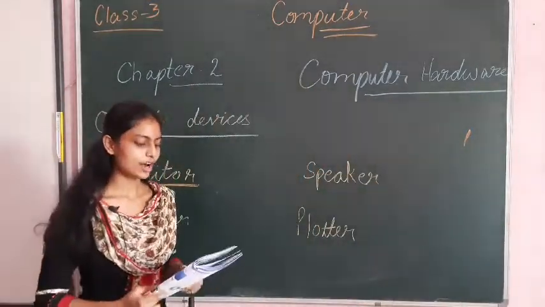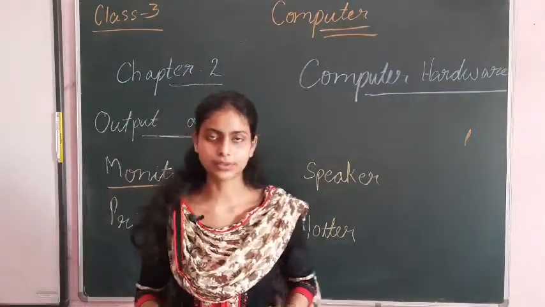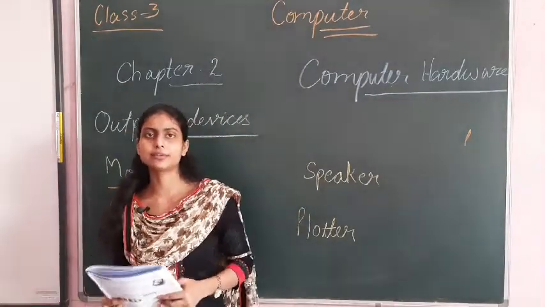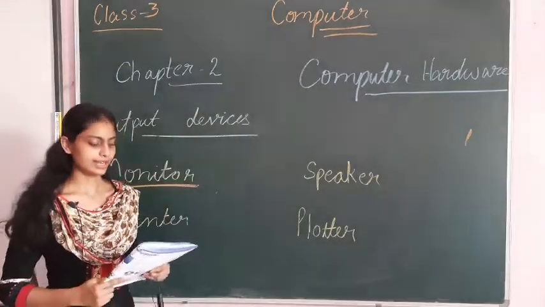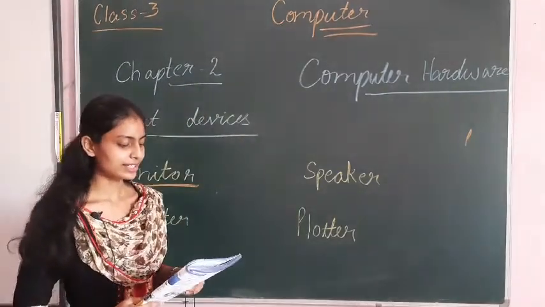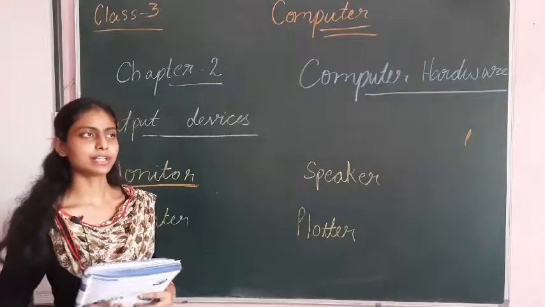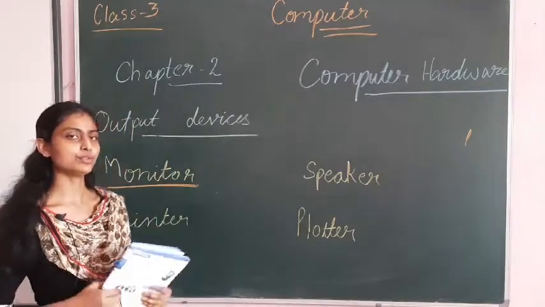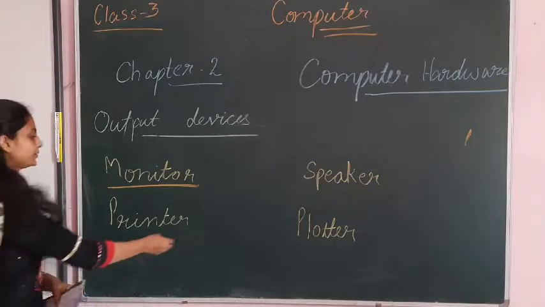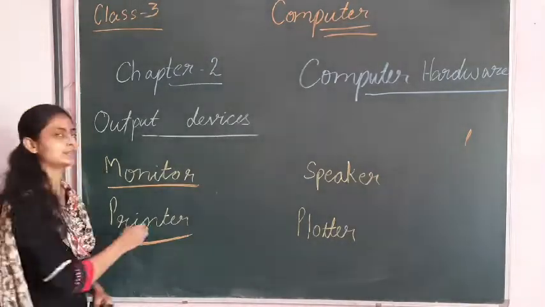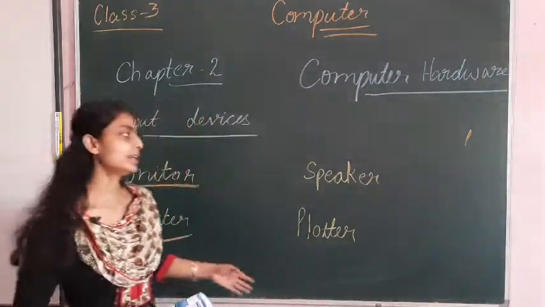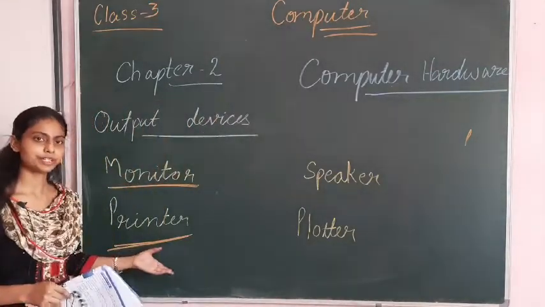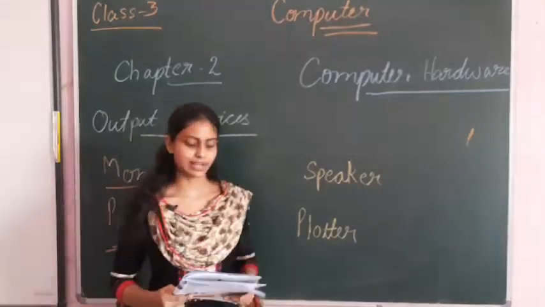Now, a printer is an output device used to print the output on paper. It is also an output device because today we are going through the output devices. Whatever you want to print on paper, it is used to print. With the help of this printer you will print whatever you have to print on the paper. You will print this with this printer only, okay. It's an output device.